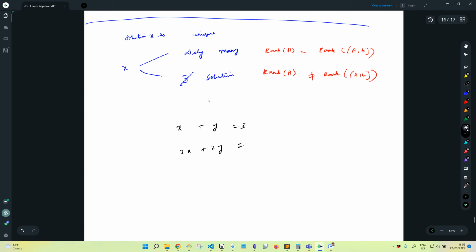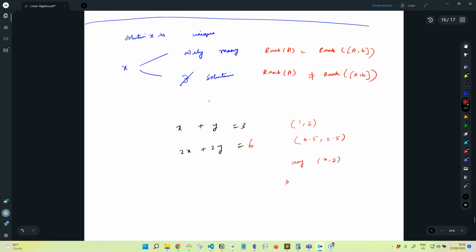Now let me correct this equation and let me see if you can come up with a solution. Let me change this 7 to 6. Now can you come up with a solution? So now there will be infinitely many solutions. Exactly. For example, one such solution can be 1 comma 2. Another solution can be, let's say, 0.5 comma 2.5,